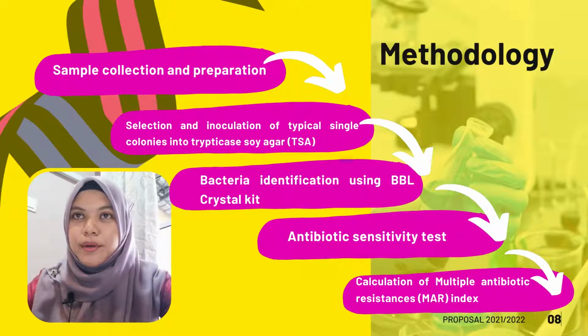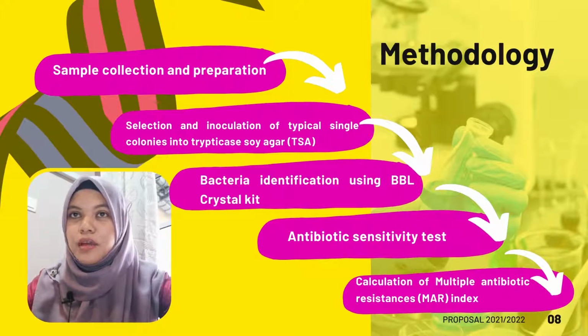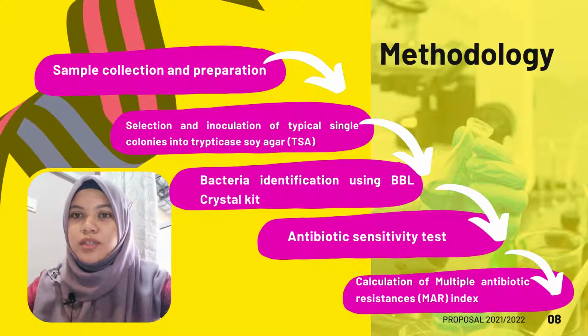In this experiment, the methodology is that sample collection from diseased ornamental fish will be made by collecting samples from the liver, kidney, and external lesions of the diseased ornamental fishes and culturing them on alkaline peptone water with 1% sodium chloride at pH 8.6. Then the bacterium is isolated onto xylose lysine deoxycholate for 24 hours at 35 degrees incubation.